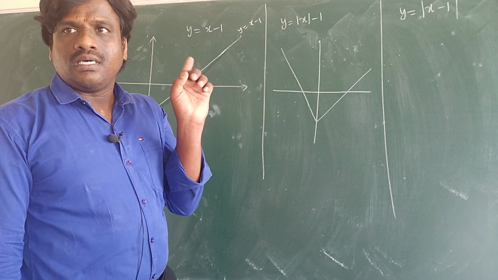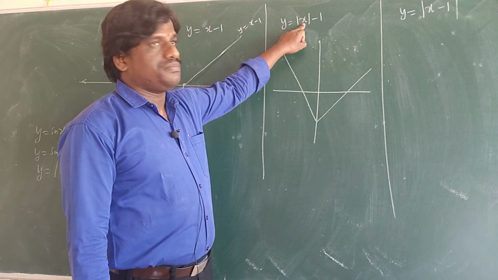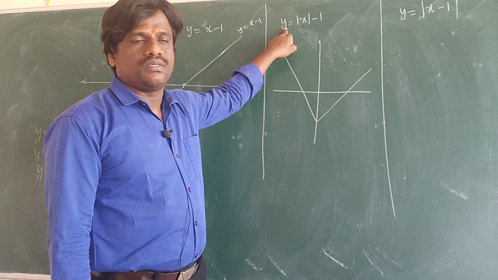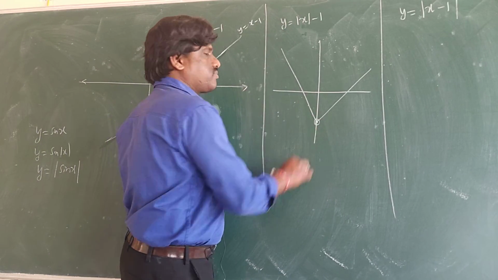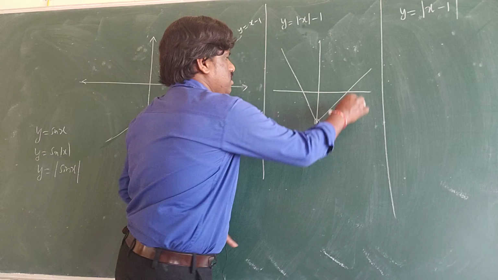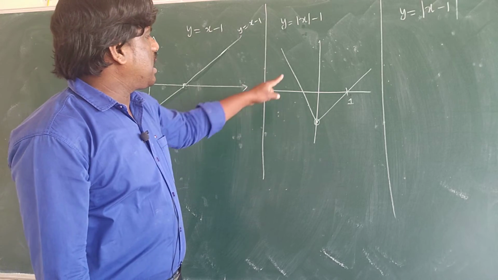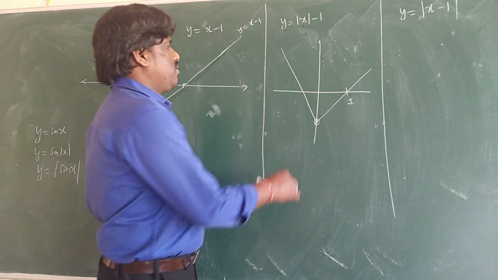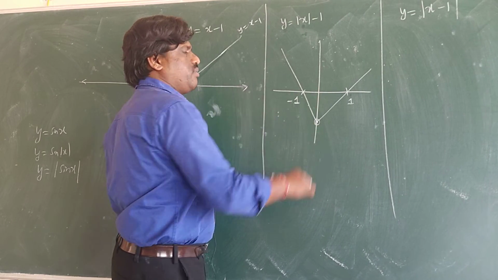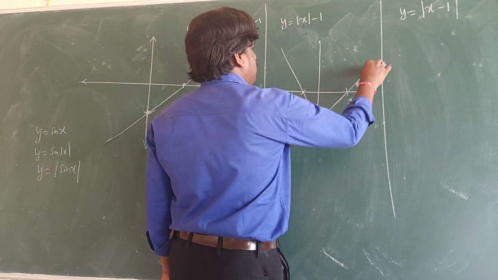If there is a doubt, you will check it. I keep x 0. I am giving x 0. What will be my y value? This is the point. I keep x 1. अरे x 1 लिया मैंने. What did I get here? y 0. I keep x minus 1. I have given x minus 1. So what did I get for y? 0. So if I join these points, the graph goes like this only.